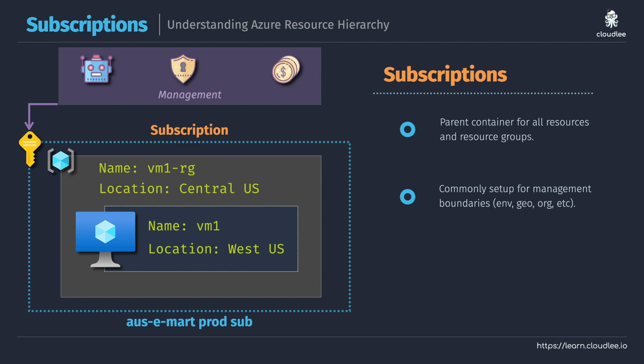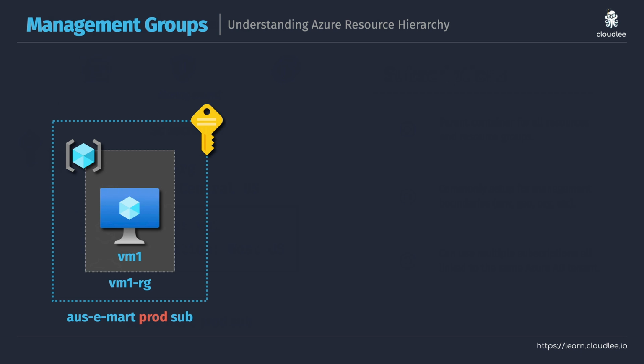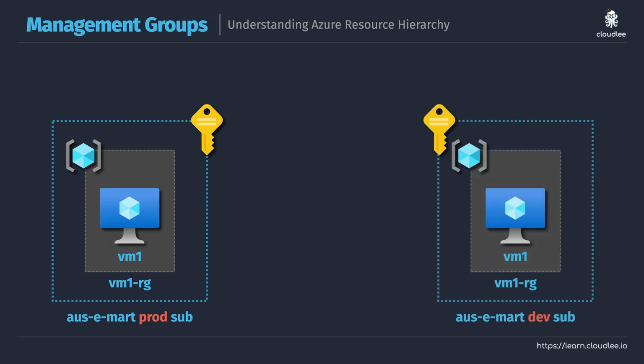So if you do want to use multiple different subscriptions for your organization, just bear in mind it's really quite common to have one single Azure AD tenant and to have all of those subscriptions associated with that tenant so that it matches your environment with one single identity source. So let's say, for example, that we did want to set up a production subscription and we also wanted to set up a development subscription. What we would want to do if that matched our organization is make sure that it shares the same Azure AD tenant.